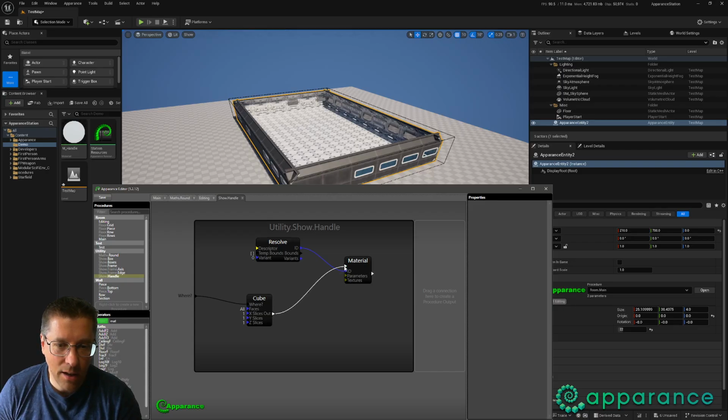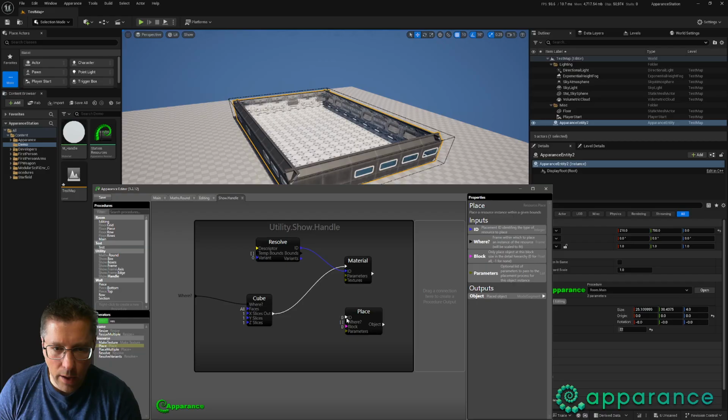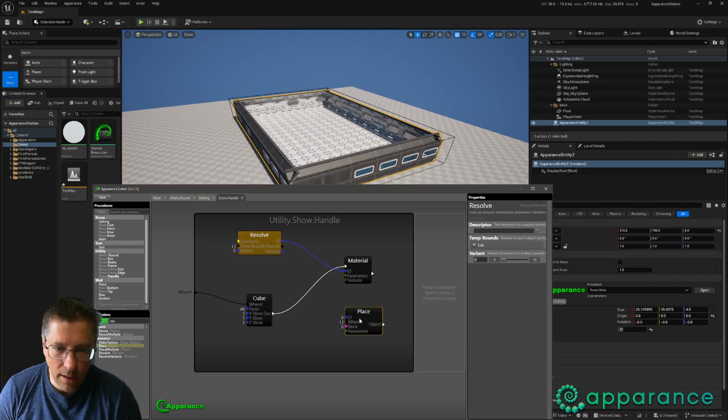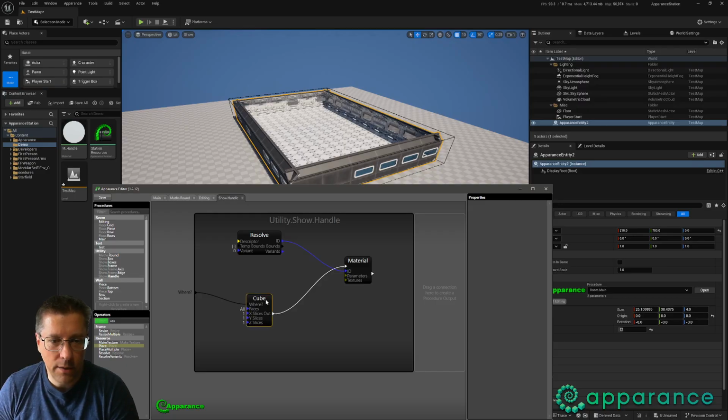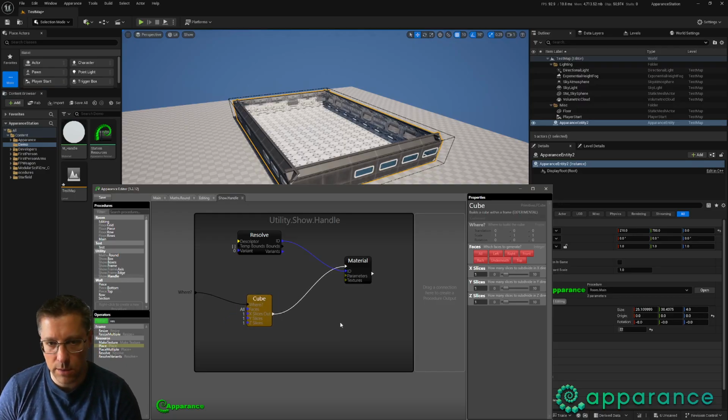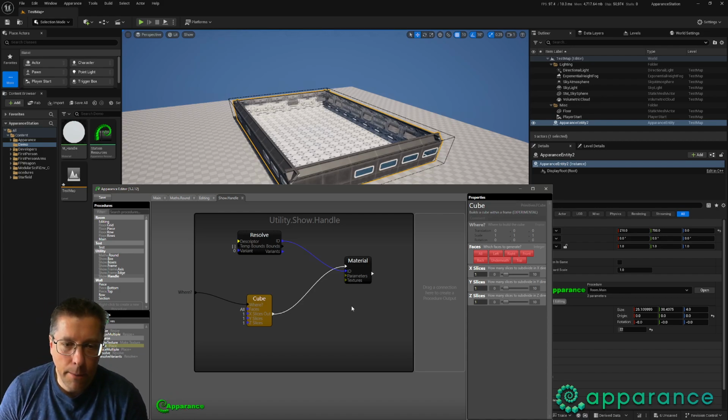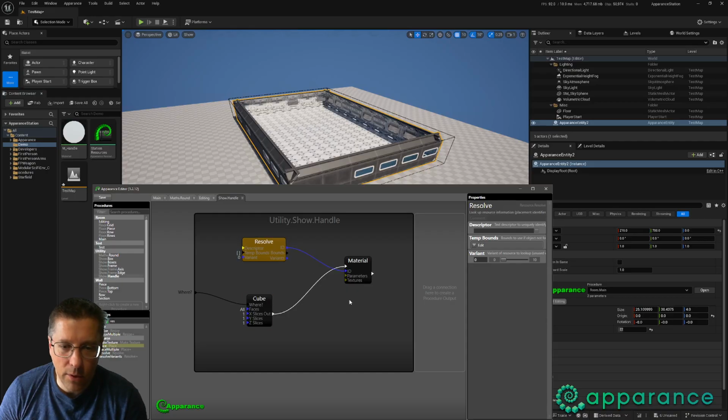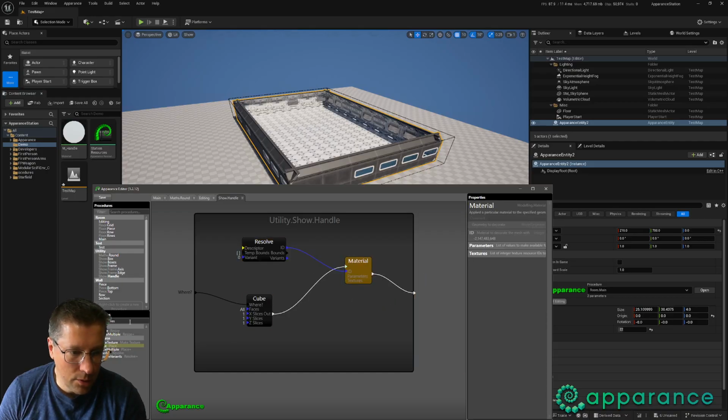So, as I was saying, mostly at the moment, most of this project is going to be dealing with placing objects, which is using the place operator, this one here, where you resolve an asset and you tell it where to place it, and that's what we're using for all these pieces. But we also have functionality for generating geometry. It comes through into a procedural geometry component. And we'll do that for this cube, which we'll use in a minute, will become clear. But basically what I want to do is set up a